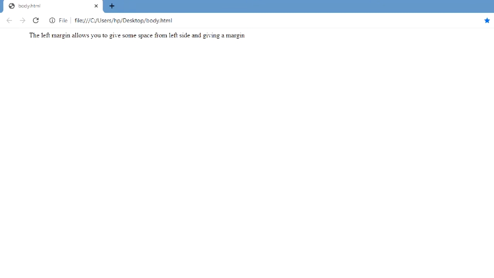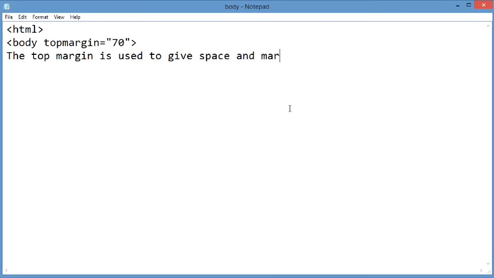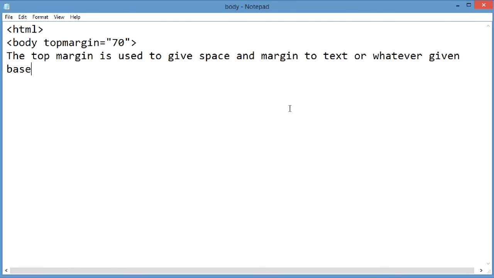Along with the left margin, we also have a top margin. Top margin is used to give space from the top of the web document whenever we are running the web page. So whenever we use the top margin, it is basically used to give some space at the top of the file. Means whenever I am writing some text, as the text I have written over here, the margin will be given right above it. Some space will be left at the top and the text will move downward. So this is the purpose of the margin tag, basically to leave some space between the text and the document.